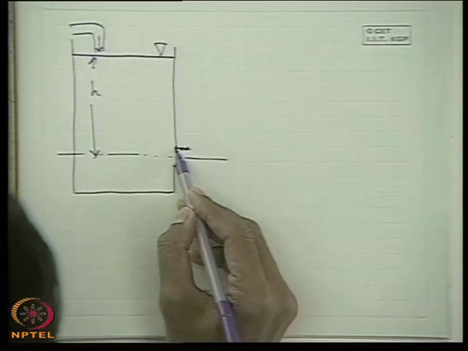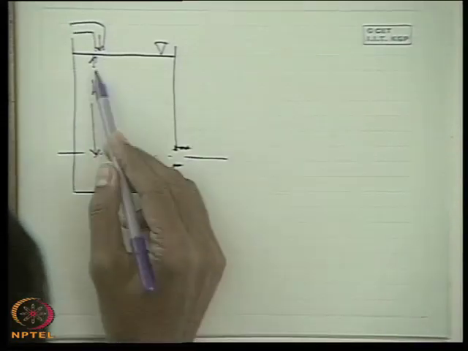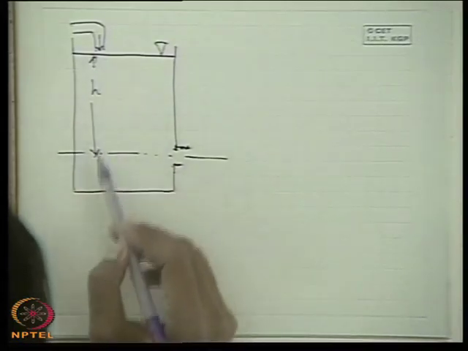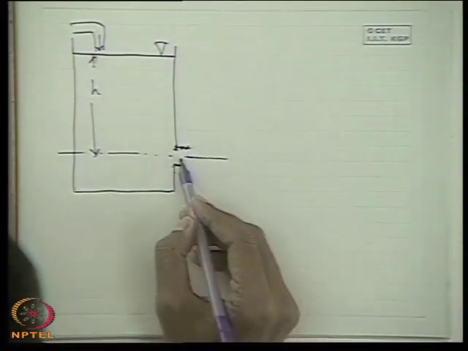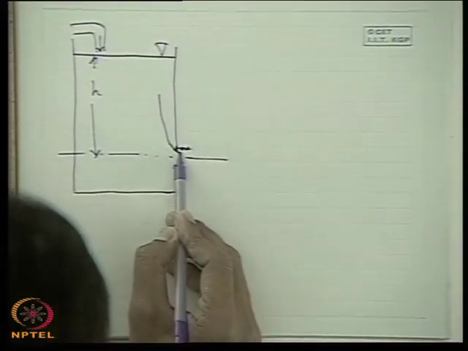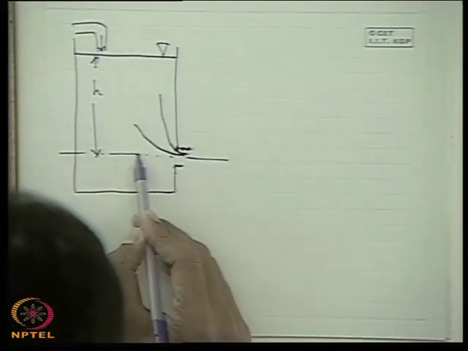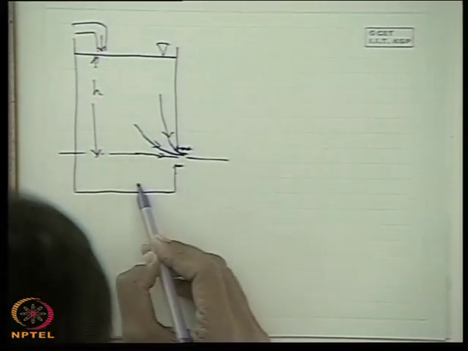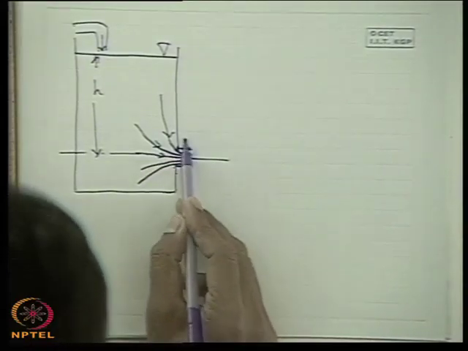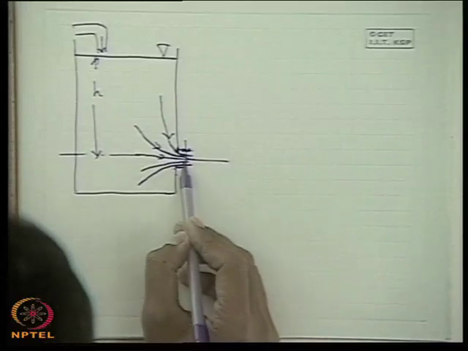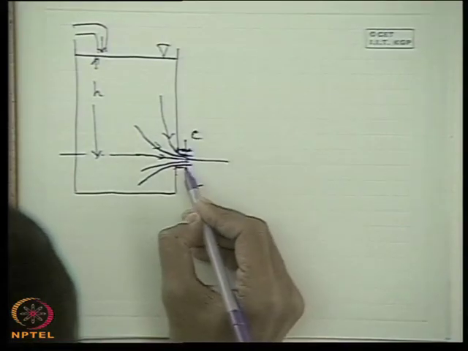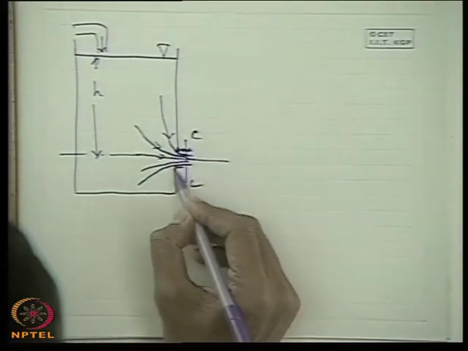and if this orifice height is much less compared to this head above the orifice, that means the height of the water surface from the axis of the orifice, then we have found out by applying Bernoulli's equation. First of all, we see how the streamlines contract. We have recognized that streamlines are like this, contracting like this, and ultimately they come to a section very close to the orifice, just downstream of the orifice, section CC, where the cross-sectional area of the stream tube is less than the cross-sectional area of this orifice.